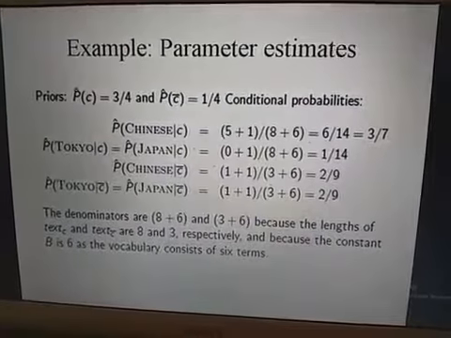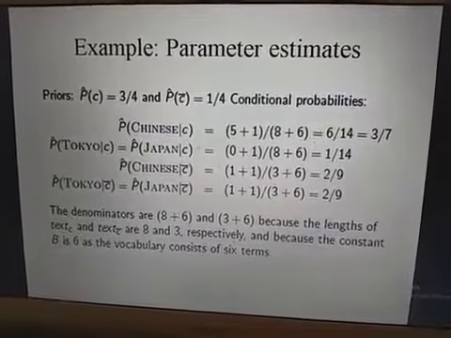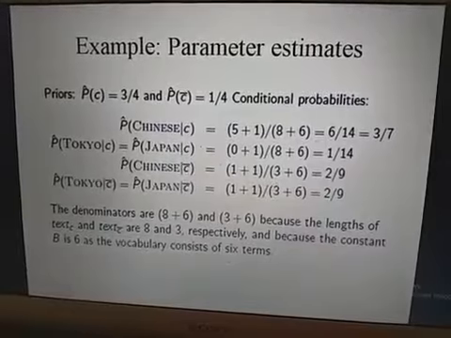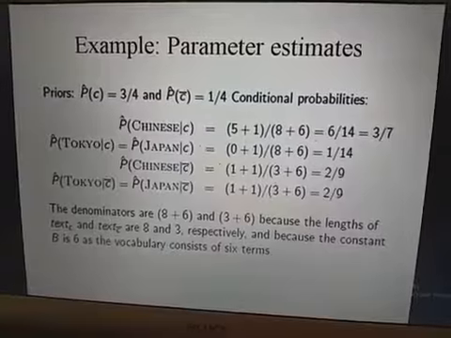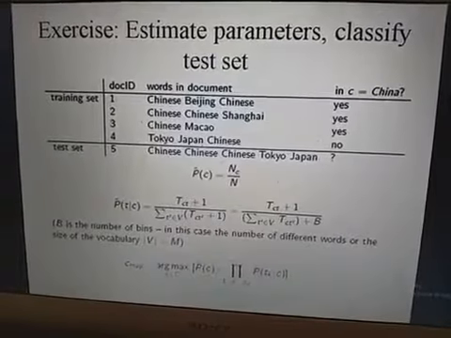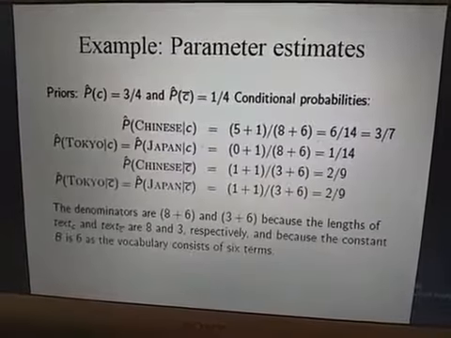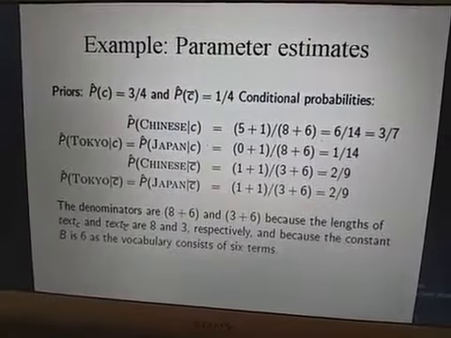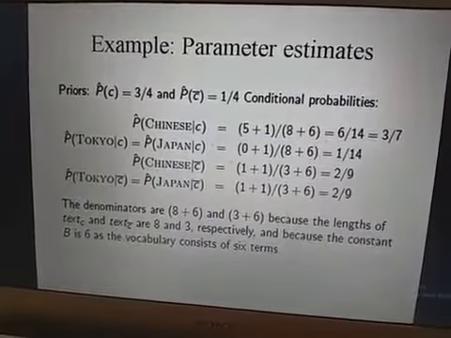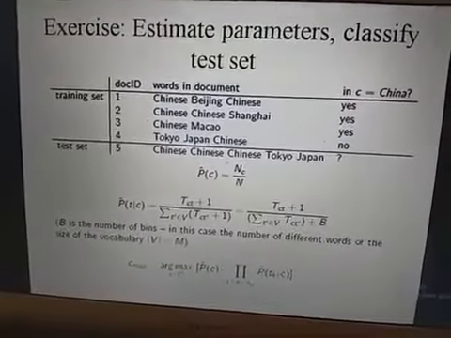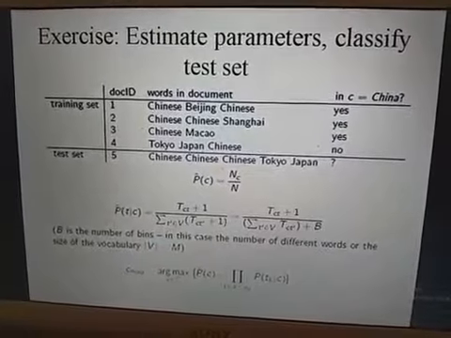Similarly for Chinese in the no class: previously it was present 5 times in the yes class, but only once in the no class, that means in document 4. So that's why it is 1 plus 1 by 8 plus 3 plus 6. That means the total number of T C T here, the total number of terms in the no category, is 3, and as a whole the distinct terms equal 6.